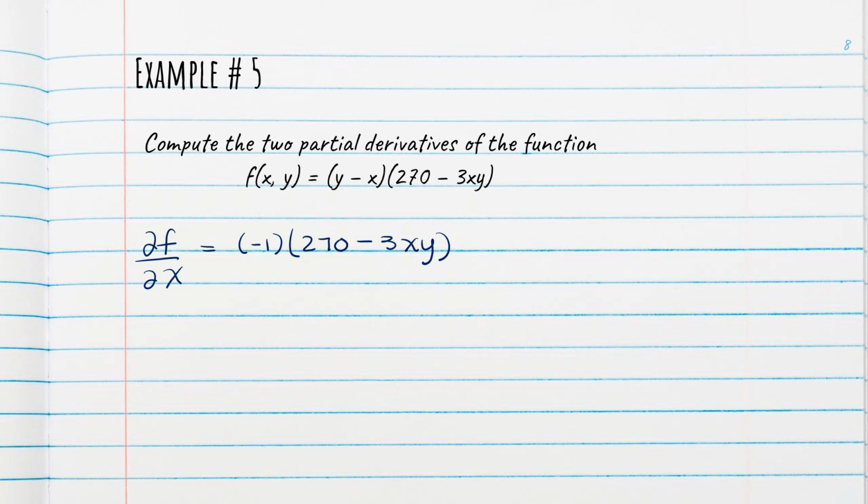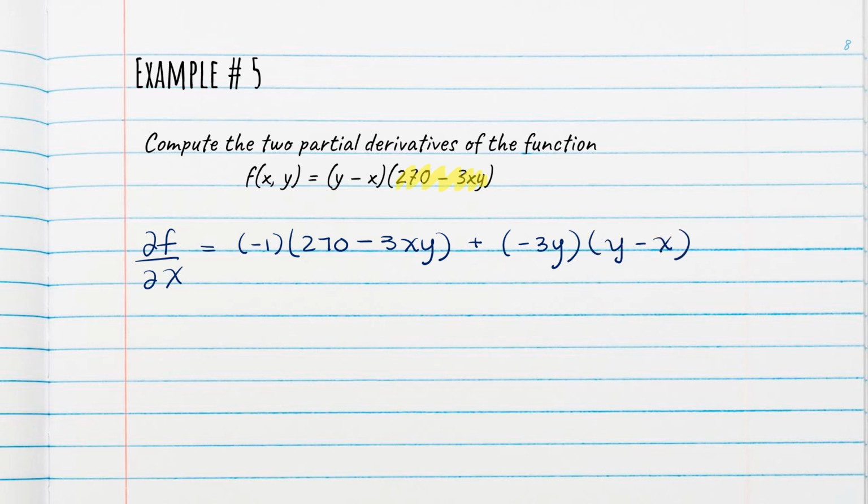The other half says, well, you're going to add the derivative of the second term multiplied by the first term. So we have to take the derivative of our second term. Just so we're clear, when I say second term, I'm talking about this right here. So we need to find the partial derivative of that term with respect to x. The 270 drops out, it doesn't have an x in it. The minus 3xy, y is treated as a constant, so this derivative is just negative 3y. So what do we do with this derivative of the second term? We have to multiply it by the first term, y minus x.